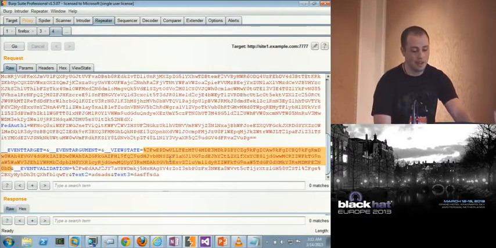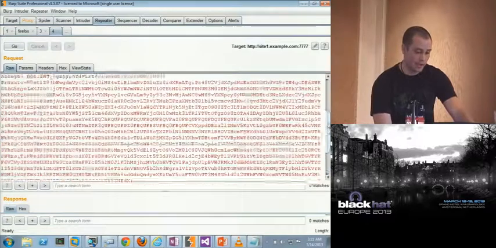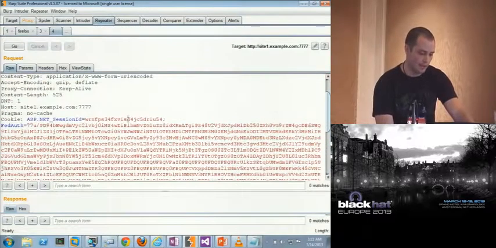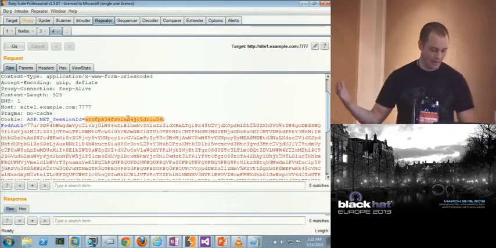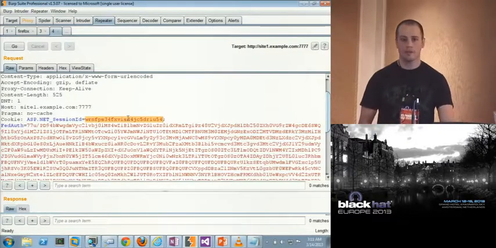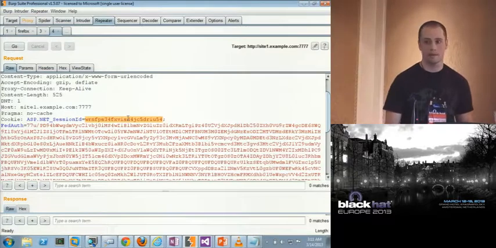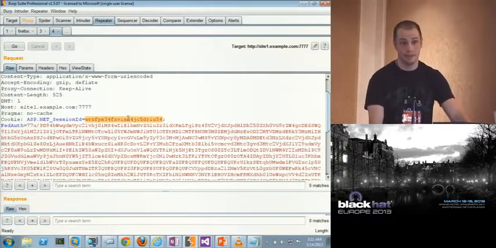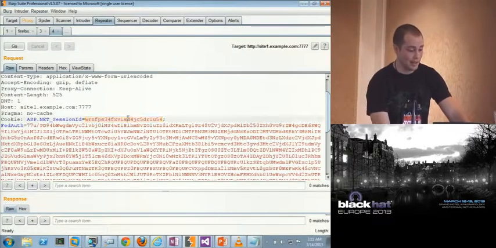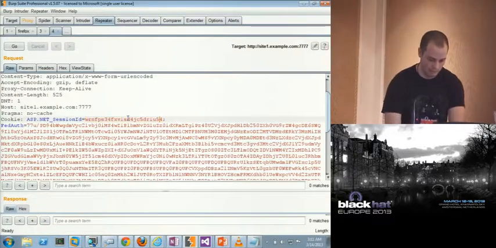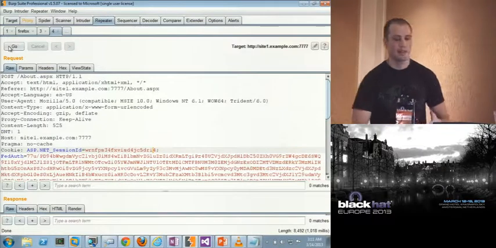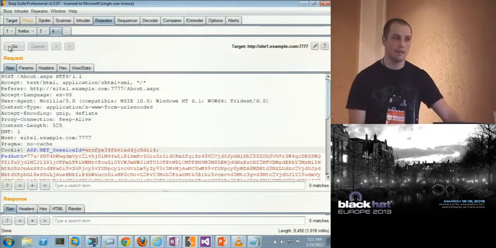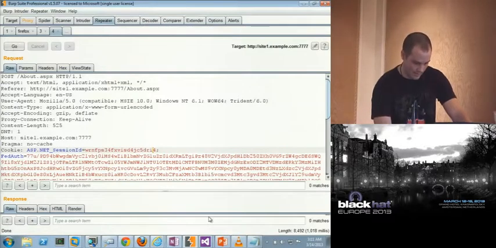But where is the session ID coming from? It's nothing magic. It's coming from this cookie right here. So if we're able to write this session ID cookie across users, then we can still bypass this protection if we're not using session ID for auth. Does that make sense? We're not using the session ID cookie for auth, so it's a problem. If we modify this, it's bad. But if we copy the ViewState user key and the session ID, and remember, we can write cookies a lot of the time, then we can bypass this. OK?